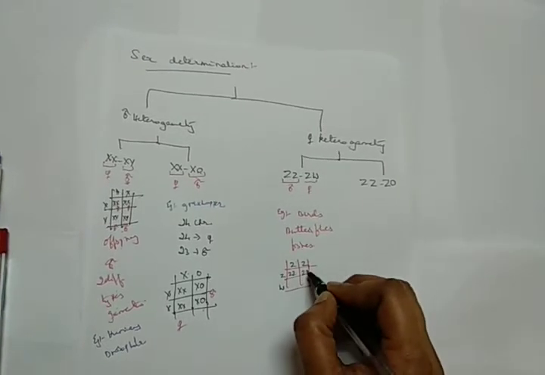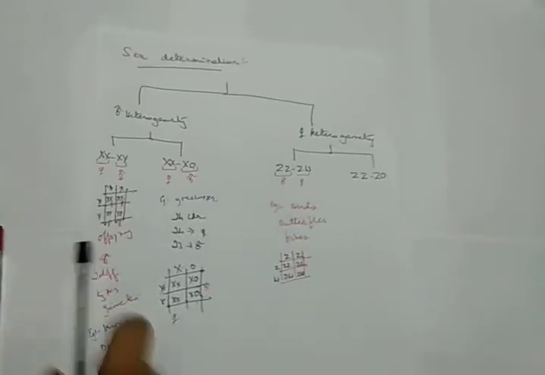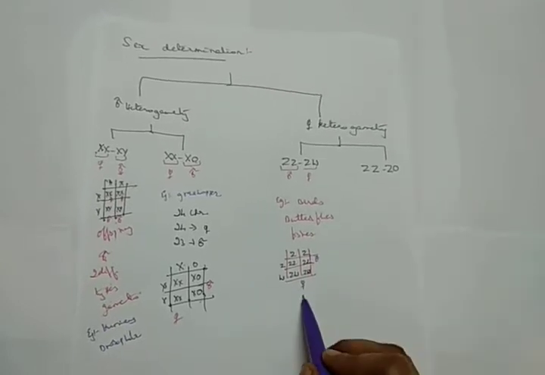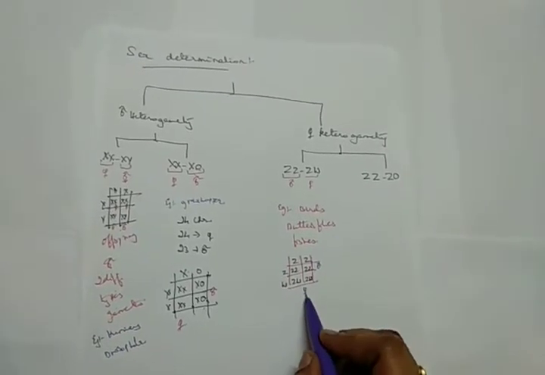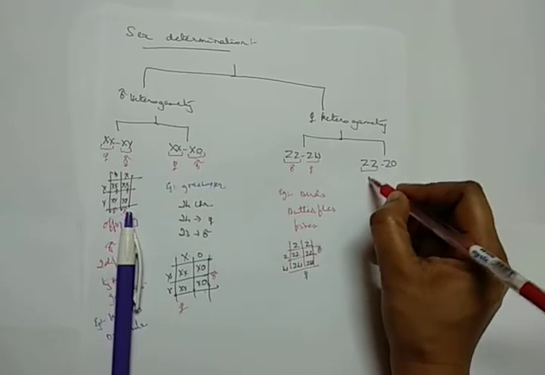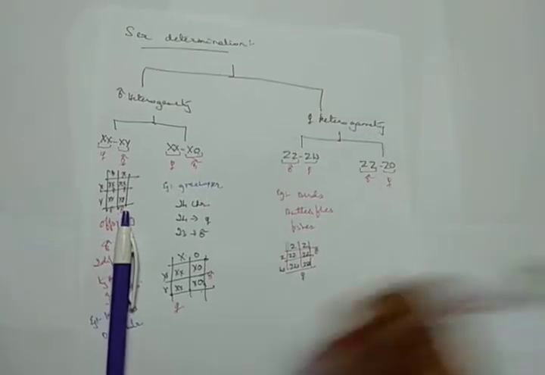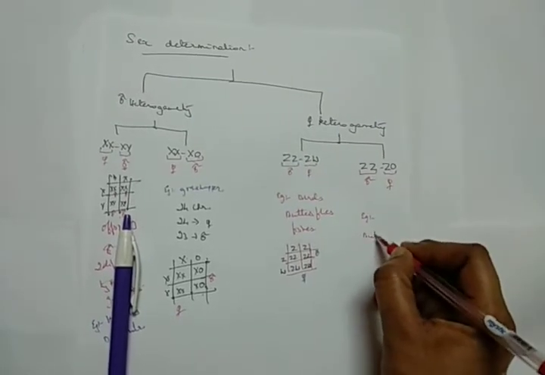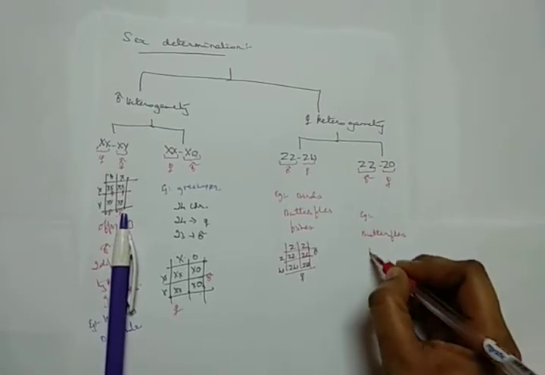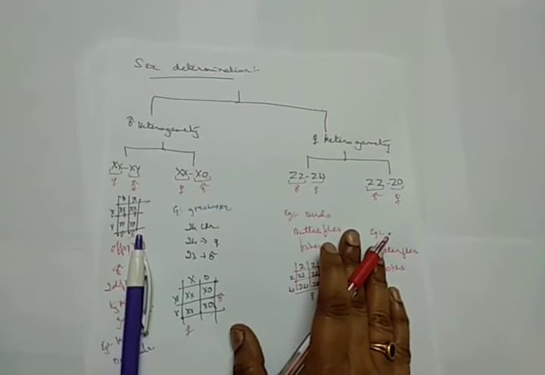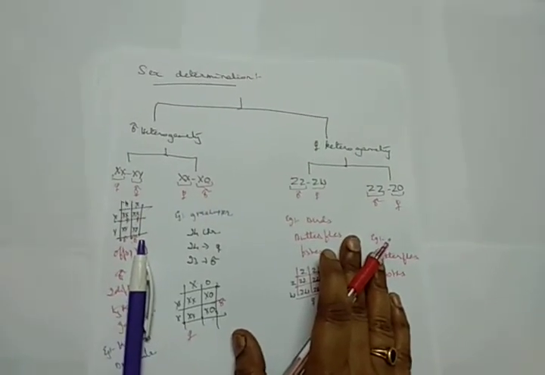So you can observe here, this will be with your male and these two will be with your female. So the female is going to decide the sex of the offspring. And another one, ZZ and Z0 type. This will be with your male and this will be with the female. The same crosses you can consider. The example here is with certain types of butterflies and also moths. So these are the common examples. This is how the sex determination is done in different types of organisms.